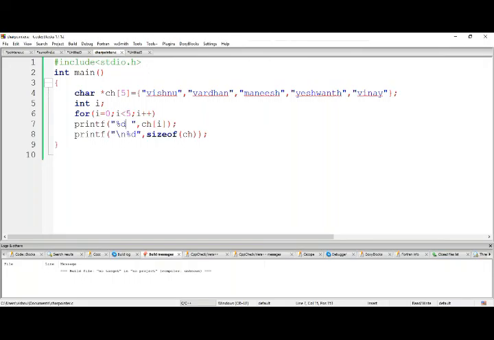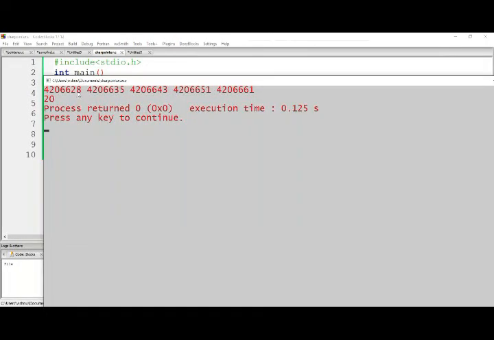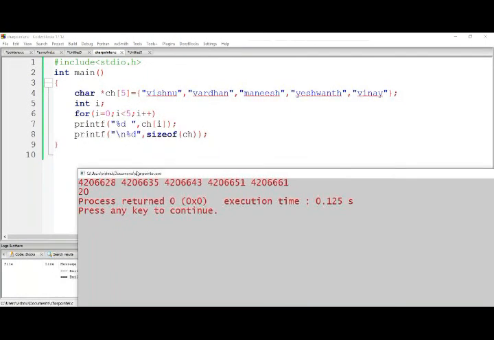Build and run. So 28. What is the difference between 28 and 35? Can anyone say what is the difference between 28 and 35? 7. What is the difference between 43 and 35? 8.